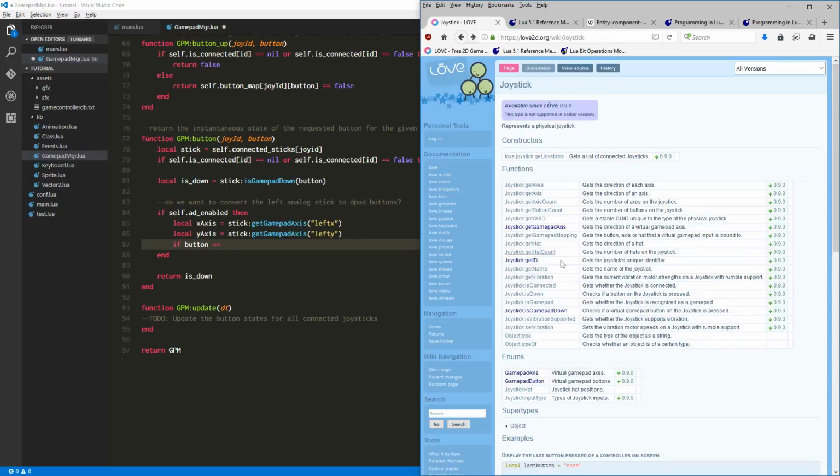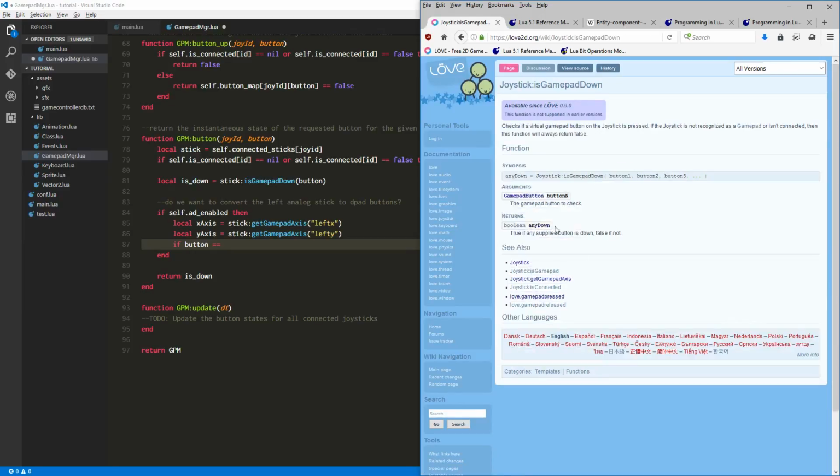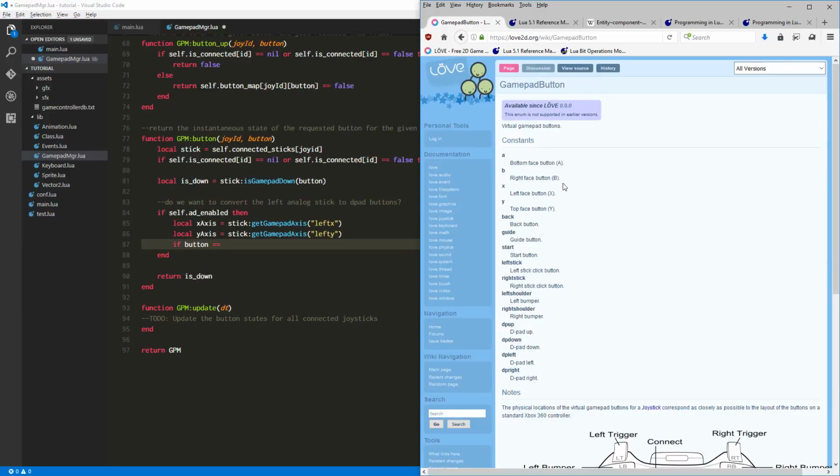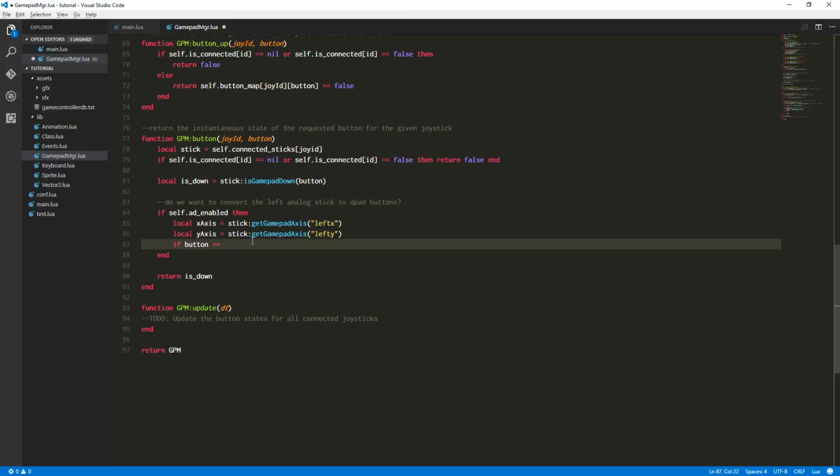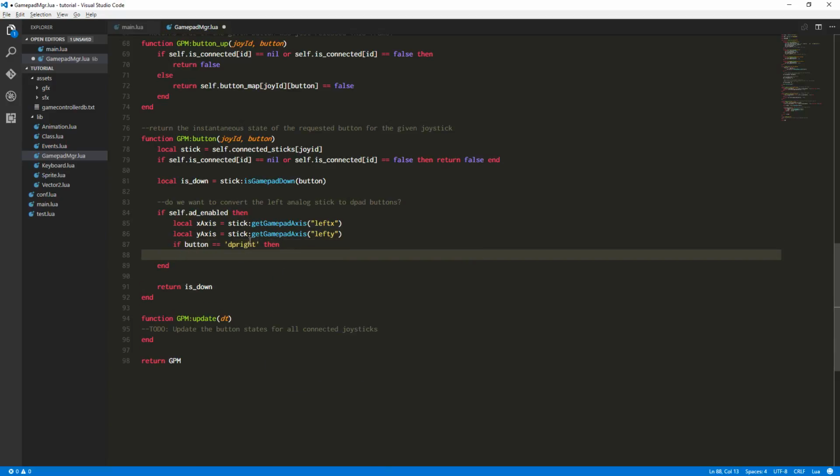They're actually right here. So we can say is gamepad down and gamepad buttons. So we want to check and see if any of these buttons were pressed, and then we want to do a conversion from the analog stick if this A to D is enabled. So if this button, say, was the D-pad right button, then what we want to do is say is down